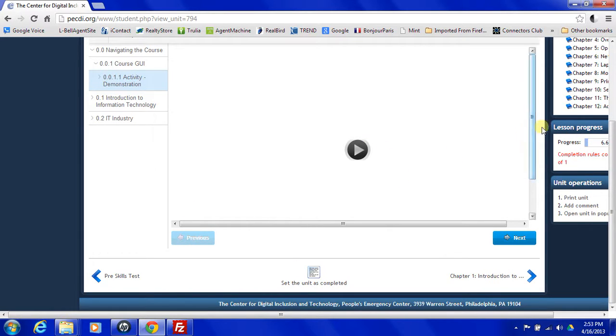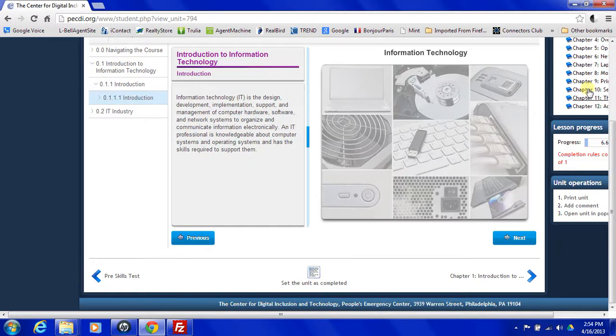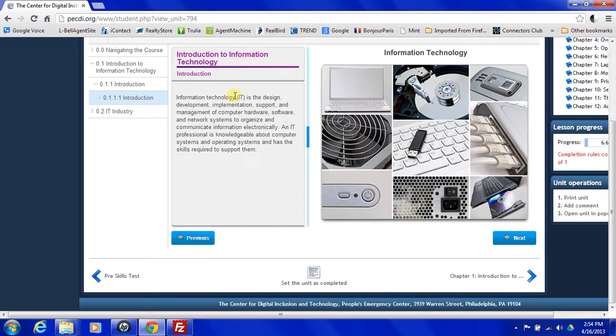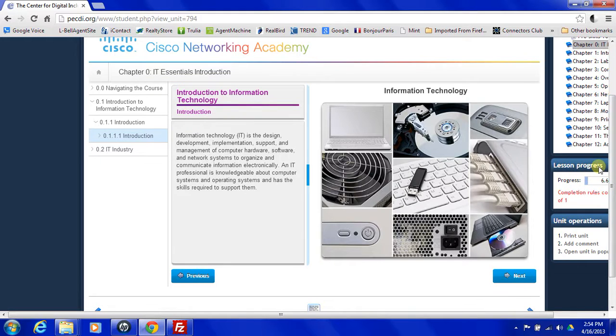Since there are multiple pages in here, you don't want to set this unit as complete until you've gone through and you've read everything in here. So we have our introduction. There normally will be reading in the center column, and then there will be pictures or flash activities for you to do right here. And then to move one ahead in this page, we're just going to click this Next,